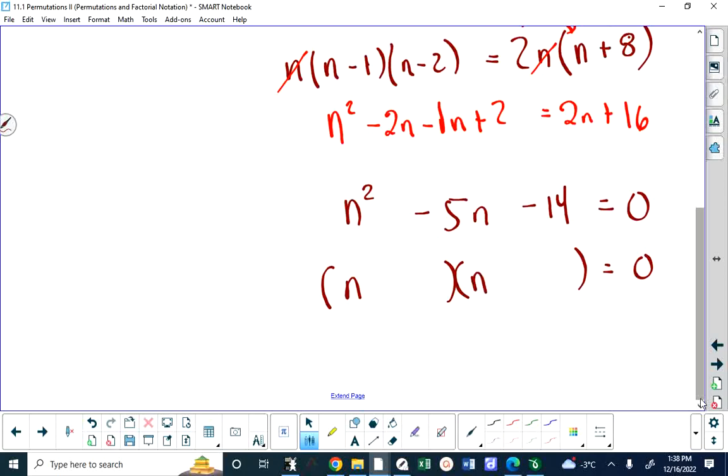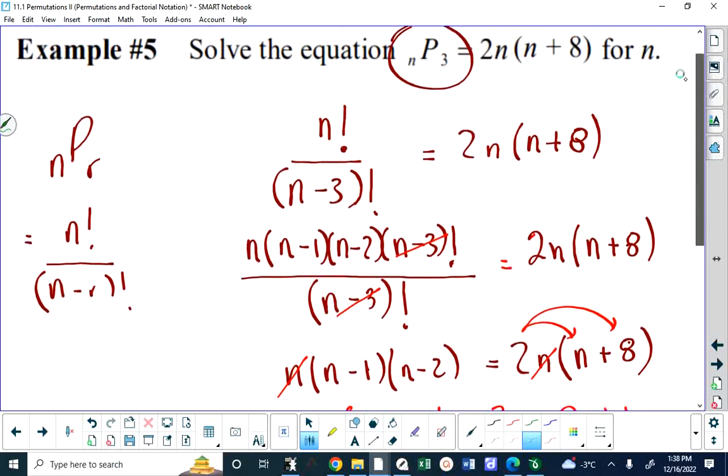What 2 numbers multiply to give negative 14 and add to give negative 5? I believe that's 2 and negative 7. Which means n is equal to negative 2, and n is equal to positive 7, and of course, negative 2 is kicked over the boards. So the answer is 7. Now you could certainly, if this is not a written response question,